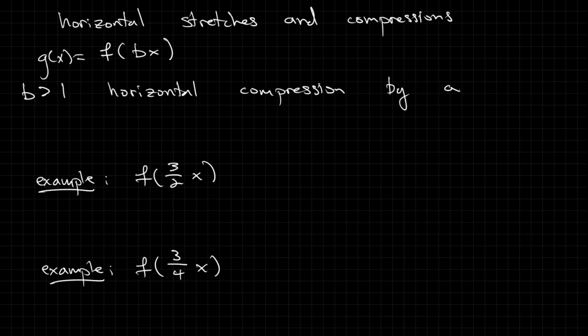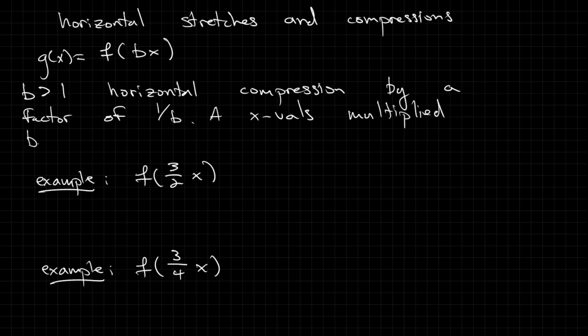by a factor of 1 over b. So what this means is all x values are multiplied by 1 over b. So let's take a look at this first example here. So I have f of 3/2 x. In this case, b is equal to 3/2. Now notice that that's bigger than 1, and so this will be a horizontal compression